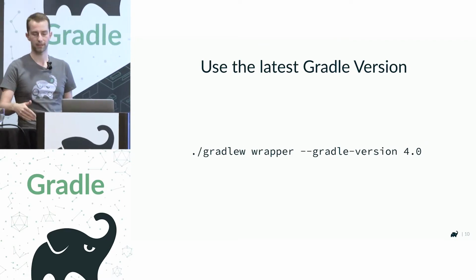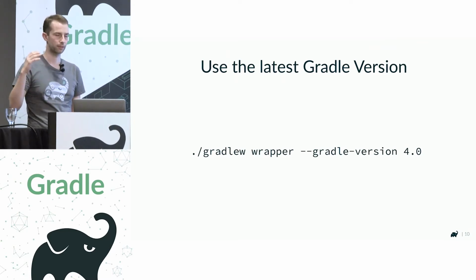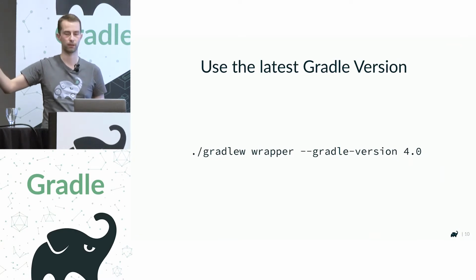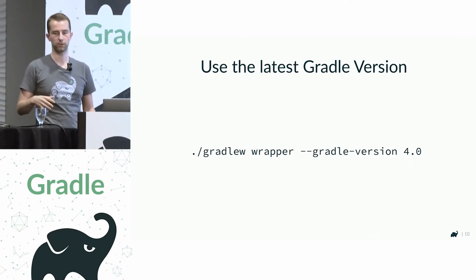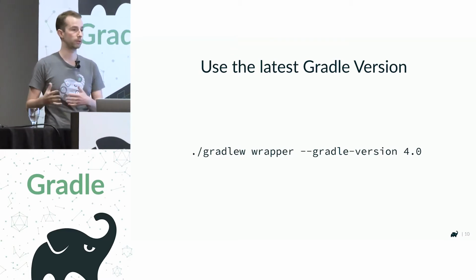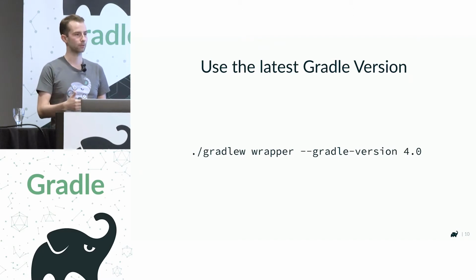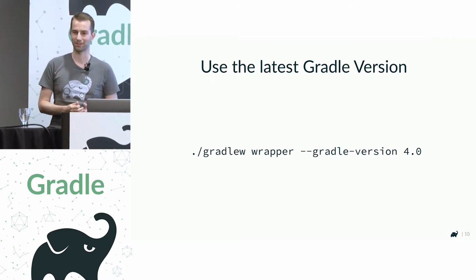And also, by staying up to date in between minor releases, you will get deprecation warnings earlier. So we'll see, hey, we're going to remove this thing in the next major. You should stop using it. It might be somewhere in your code, or it might be in a community plugin. Whatever it is, you can take actions to prepare for the next major release. But if you don't upgrade from minor to minor, then the next major release might surprise you with breakages that